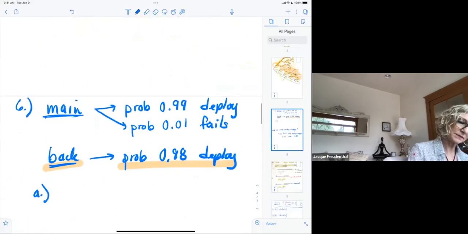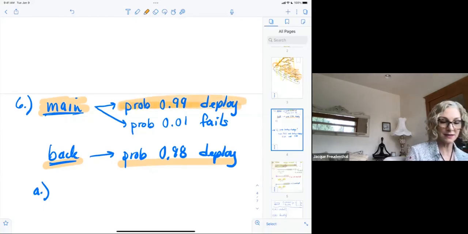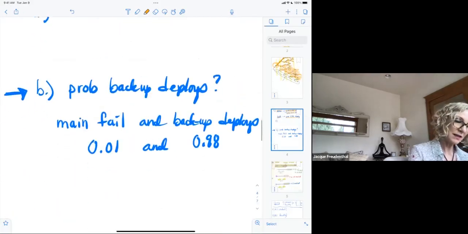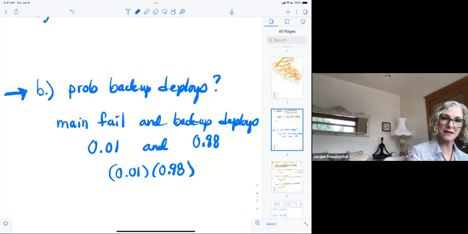For the main parachute, the probability is 0.99 that it deploys, which means a 1% chance that it will fail. So it has to fail first in order for the backup to deploy. That means I will just multiply these probabilities together. So the main parachute fails and the backup deploys. So we get an answer of approximately